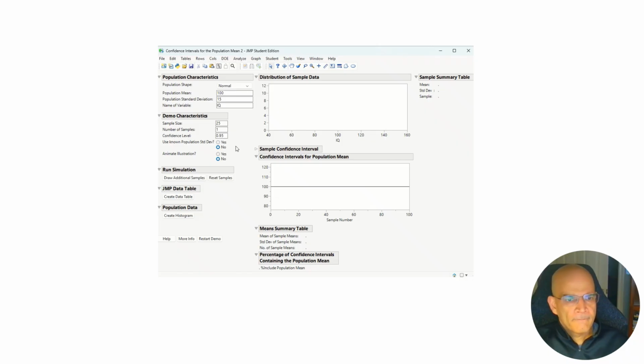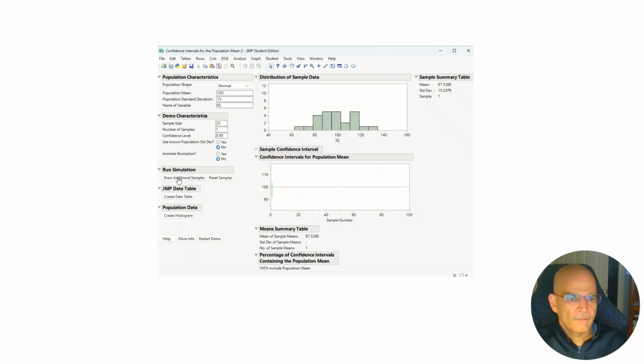As we said, a 95% confidence interval means that if we take an infinite number of samples, 95% of them will contain the population mean. So let's see, we take one sample, and this sample's mean is 97, standard deviation is 15. We just took one sample, and it turns out that its confidence interval contains the population mean, which we know in this case is 100. Most of the time, or almost never, do we know this, but in this case suppose we know that the population mean is 100, so the population mean is within this confidence interval.